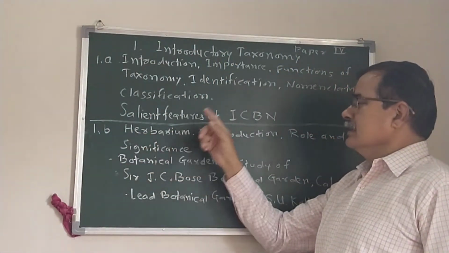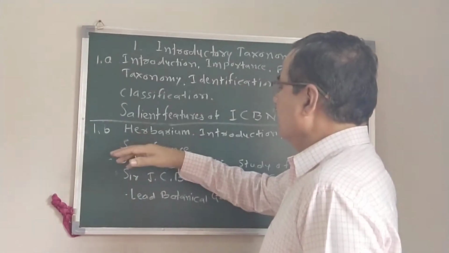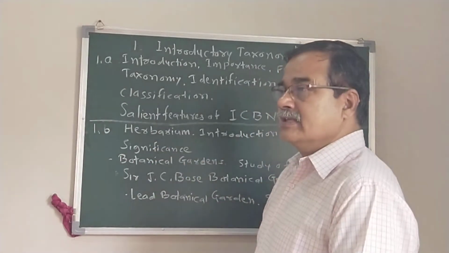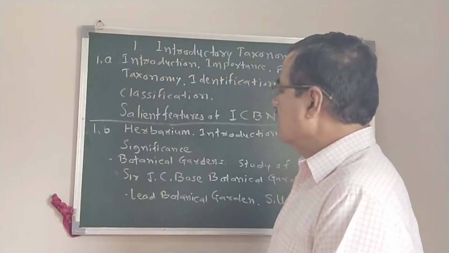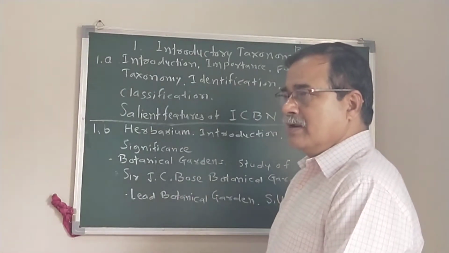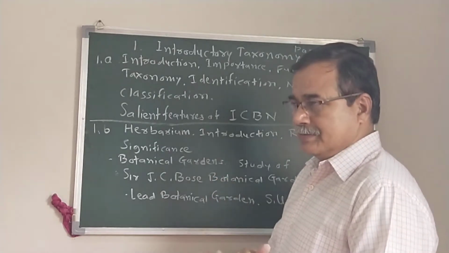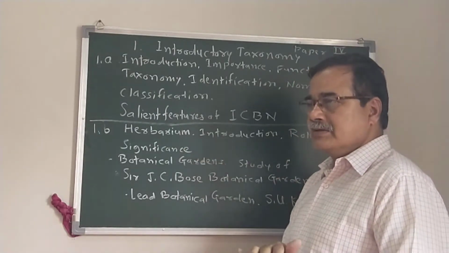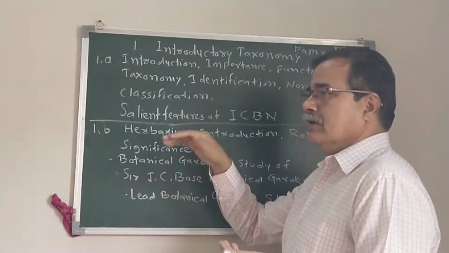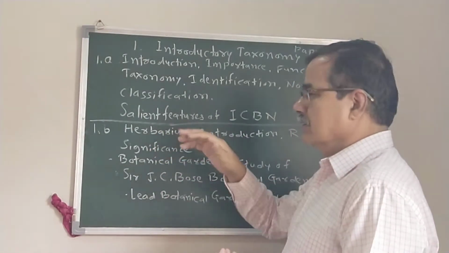The second unit is known as the herbarium. It means the plants which are found on the surface: small twigs are taken along with the entire flowering plant. The twigs are pressed and stored, and mounted on sheets. They are labeled. After labeling, the date, locality, collector, and the important characters are given.